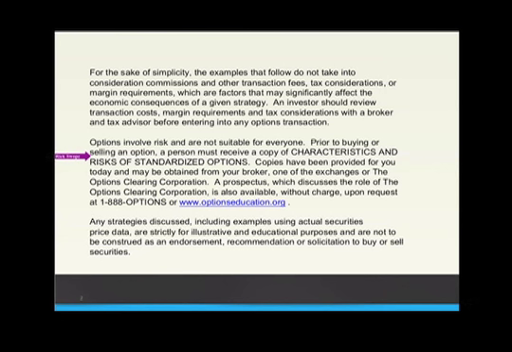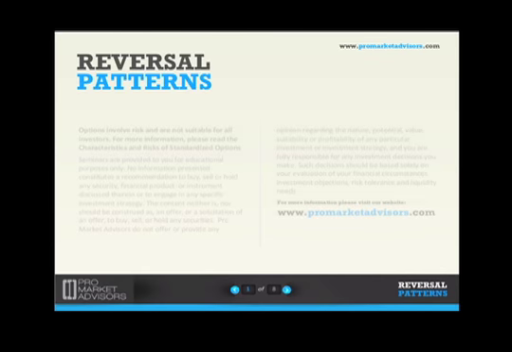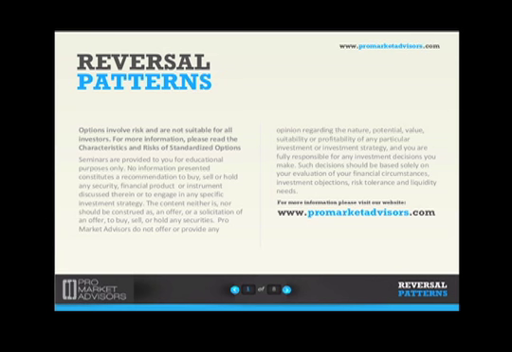Now what we're going to do today is a two-part session. The first part is a little bit more instructional. We're going to walk through some definitions and lay the foundation. Then in the second part, we're going to move to live charts, because we want to take the things we learn in the foundation and definition part and put them into practice. Think of it as classroom lecture and then lab, if you will. We're going to look at some live charts.